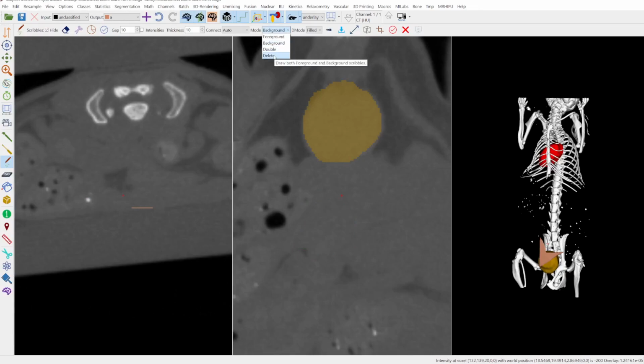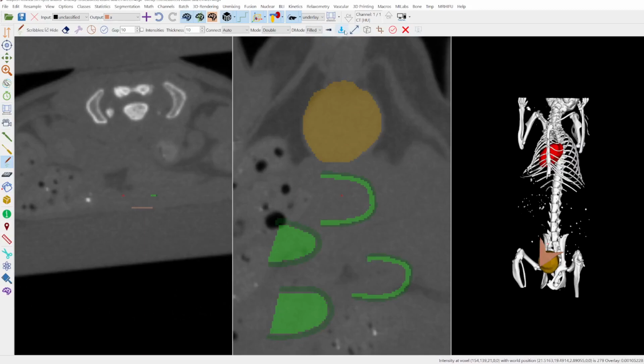And you can also use scribbles to delete something, and then it's white. You can delete some scribbles, not a segmentation. So again, like this. Okay. Then with this D mode, you can select lines. Looks like this. Let me go to double. These are the lines, and they are not filled. When you go to filled, they are filled. And this will assign to your red mask later.